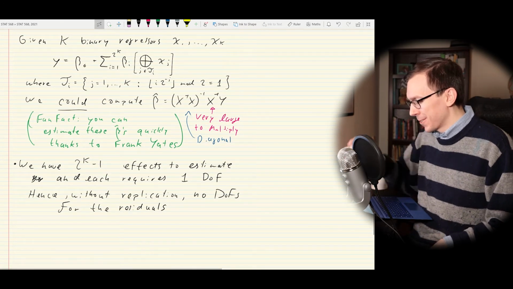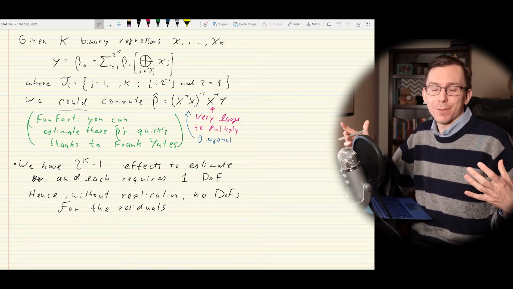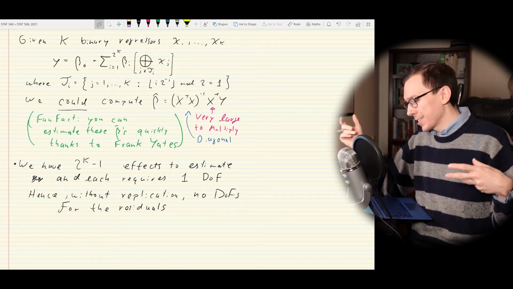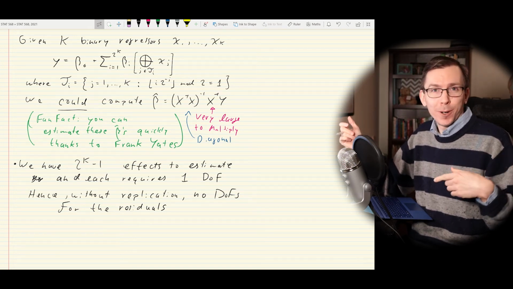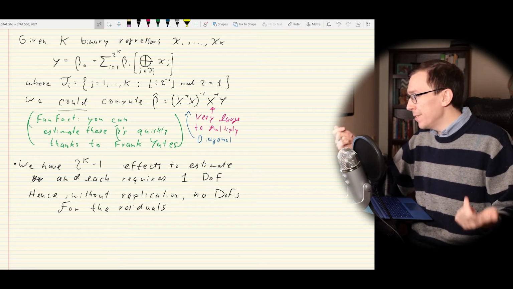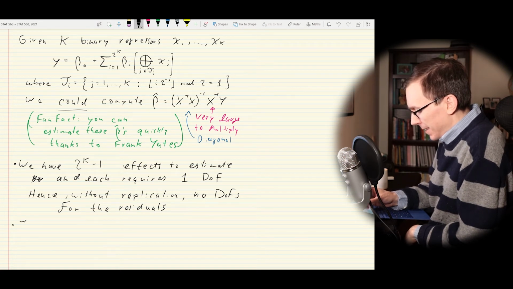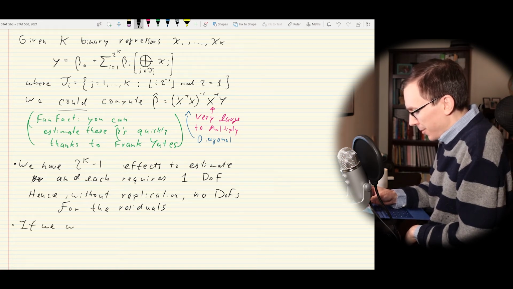Just because we have no degrees of freedom for our residuals, we can still estimate all of the main and interaction effects. We just don't have any degrees of freedom left in that case to actually compute the residuals. So we're going to find some workarounds that don't require replication. But if we were to do replication, well, I'll say if we were